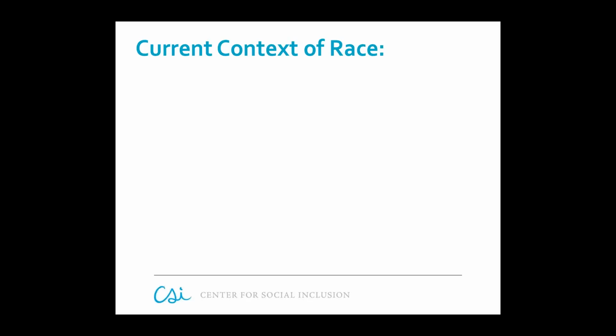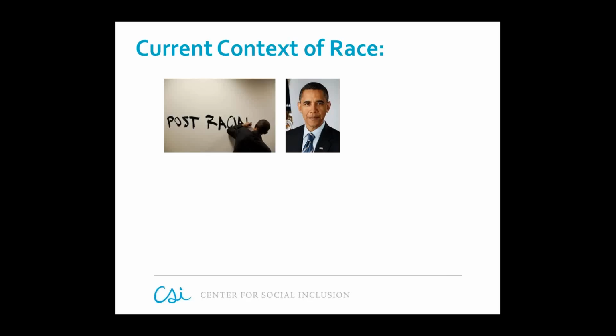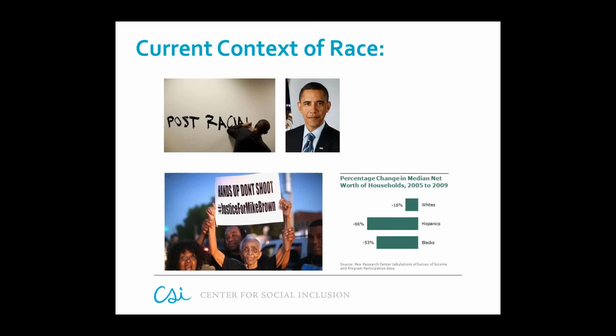So what is our current context of race here in the United States? Well, we have a black president. So mainstream discourse speaks to the idea of a post-racial society, meaning that we are beyond the era when race still matters. And this logic posits that if we are indeed in a post-racial society, then life outcomes should no longer be determined by race, as it no longer matters. After all, like I said, we have a black president. How could something like that happen in a race-based society? Well, the reality is actually something different.